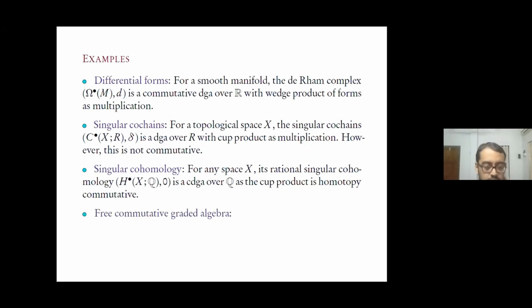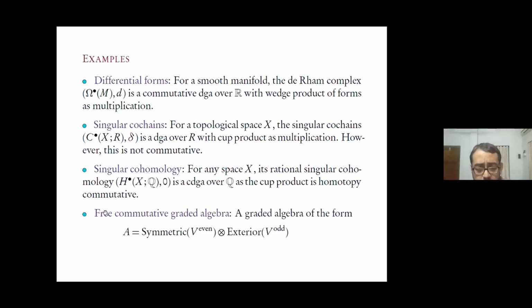And then we have this example where, again, I'm not going to talk about the differential, meaning that the differential is going to be set to zero. So you're simply talking about a commutative graded algebra, and the adjective free here means that your algebra is basically generated freely up to the relation of commutativity. Meaning, I want my A, the algebra A, to be of the form